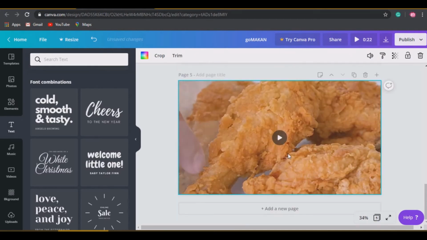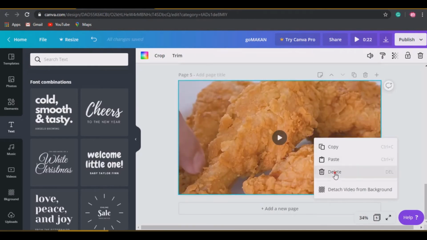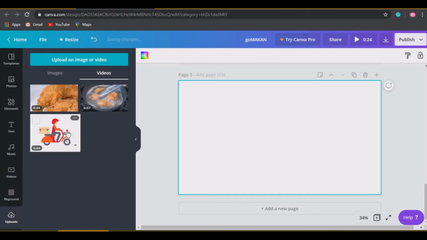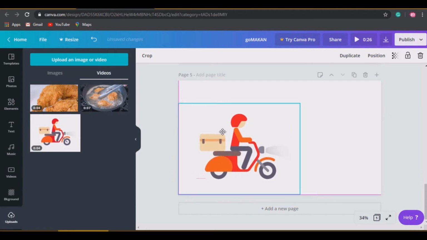So we can add another page. It's the same program again, so we will edit. And for the third one, we will import our own images. This image is a GIF, but when we upload it to Canva, it will be grouped under the categories,